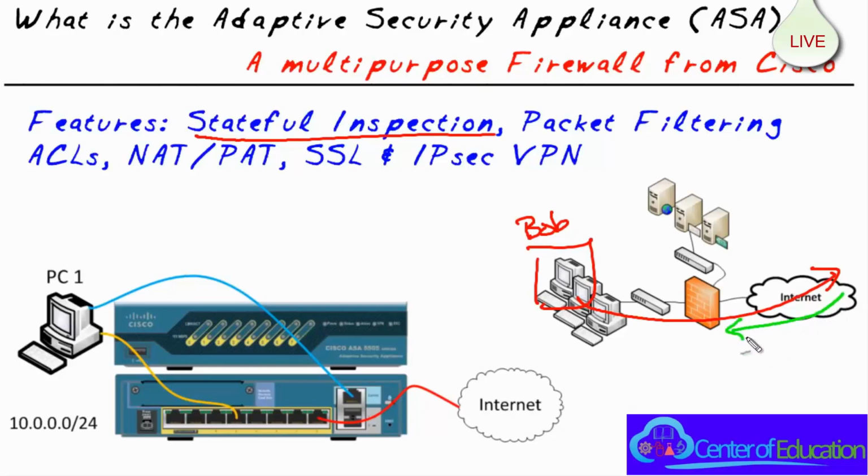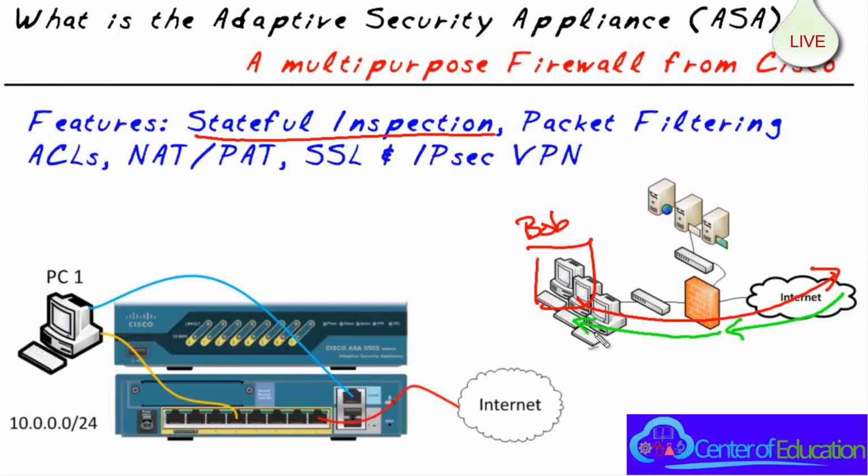When the reply comes back, this firewall is going to have done something amazing. What this firewall did in the background, it looked at Bob's session as it went out to the internet. It remembered things like the source IP address and the destination IP address and the layer 4 information, the ports involved, and it put that into a session table, a stateful session table. So then the reply came back. The firewall said, wait a second, this reply is perfect. It exactly matches what Bob's expecting as a reply, and it dynamically makes an exception and lets that return traffic